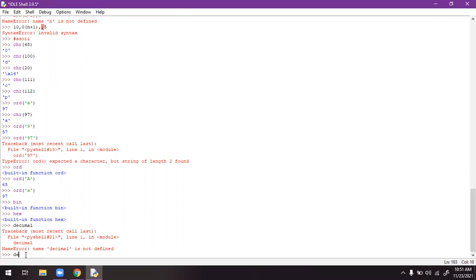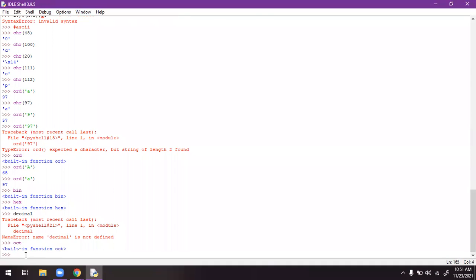There is no color change, meaning there is no keyword for decimal. We have only three number types: binary, hexadecimal, and octal. What about decimal? It always takes the form of decimal only, so there is no need to define decimal numbers.